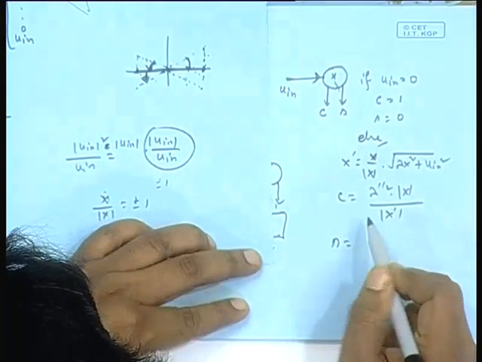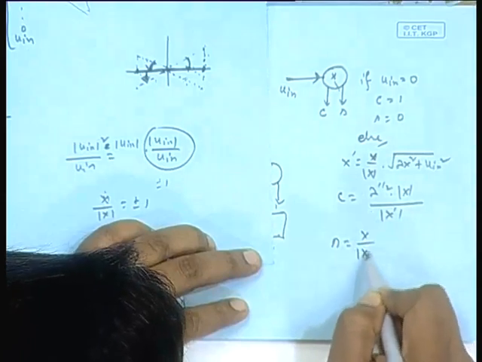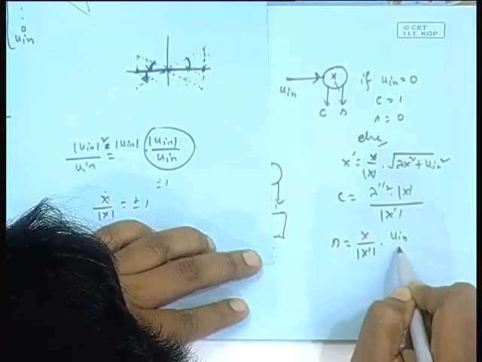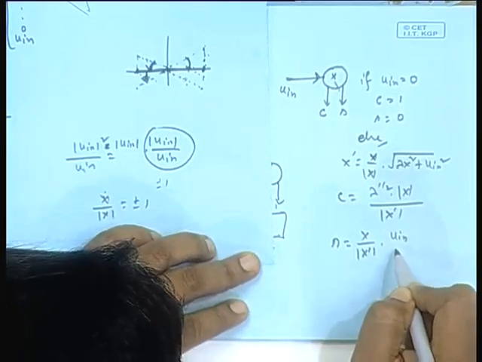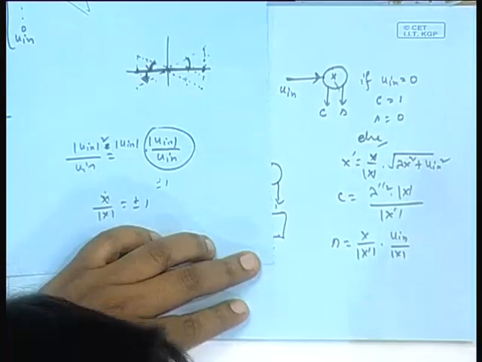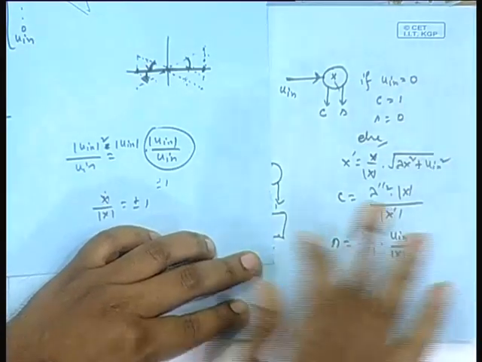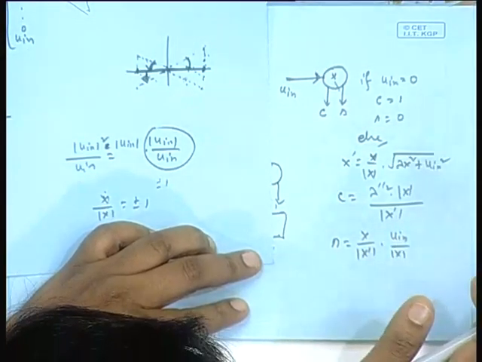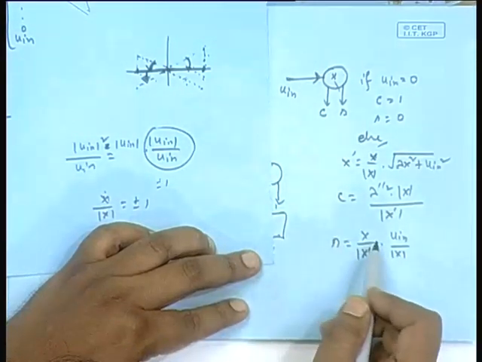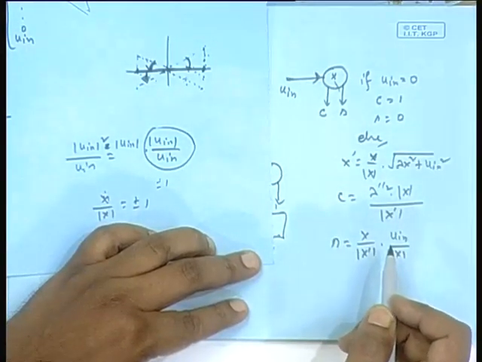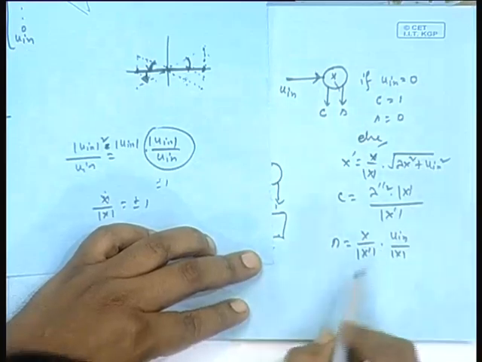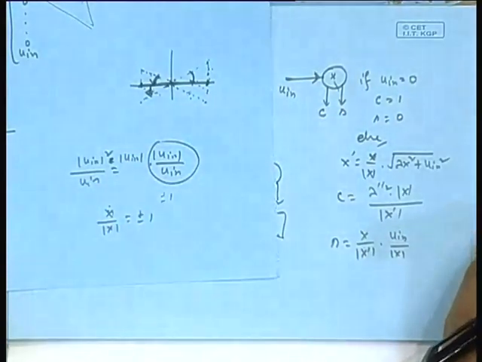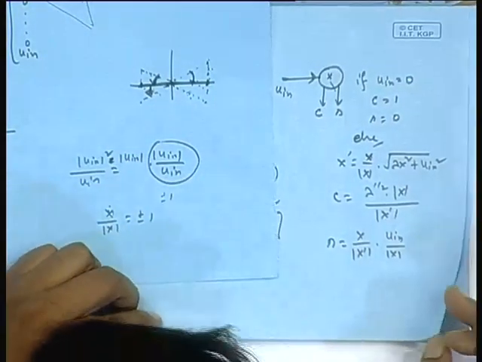Saurabh, you tell me what you wanted. I am not thinking. I will just follow you. X by x prime into u n by x by mod x. Will that do? Okay, I am not checking. I have no time for checking. Actually, u n by x only should. Both the signs are required. This is u n by x. No, I am not so sure. This is fine. This I am writing based on the input of this guy. So, tomorrow I will see. If this is wrong, I will have his marks deducted from mid-sem. Okay, this is that processor.